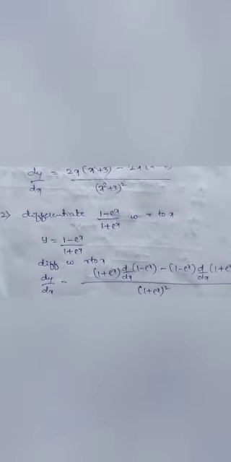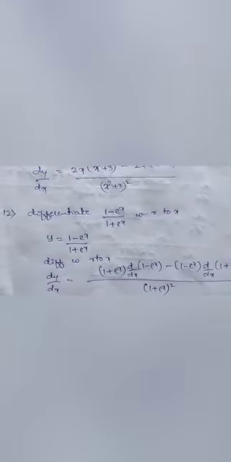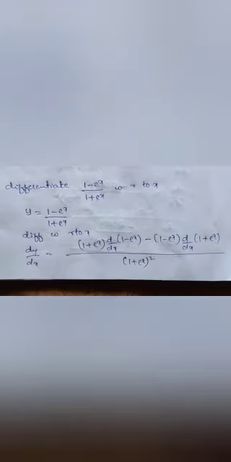And second one, differentiate with respect to x, 1 minus e to the power x divided by 1 plus e to the power x. Here in the denominator, 1 plus e to the power x whole square, in the numerator 1 plus e to the power x into d by dx of 1 minus e to the power x, minus 1 minus e to the power x as it is, d by dx of 1 plus e to the power x. Here 1 plus e to the power x as it is,